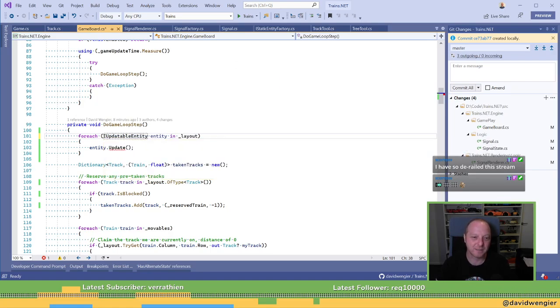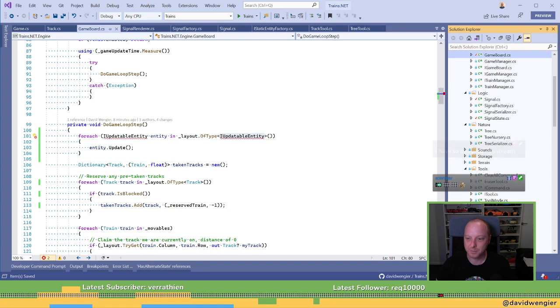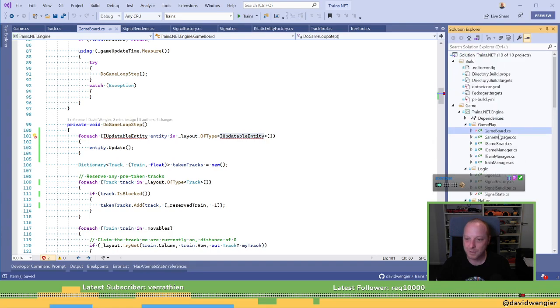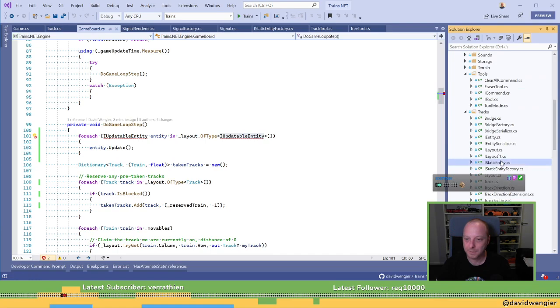IUpdatable entity. Okay. Yes, I should create that type. Where is static entity? There you are.